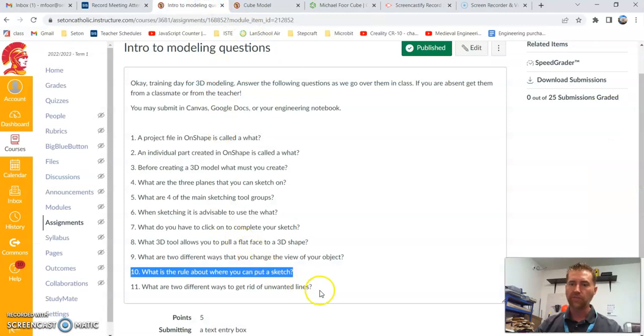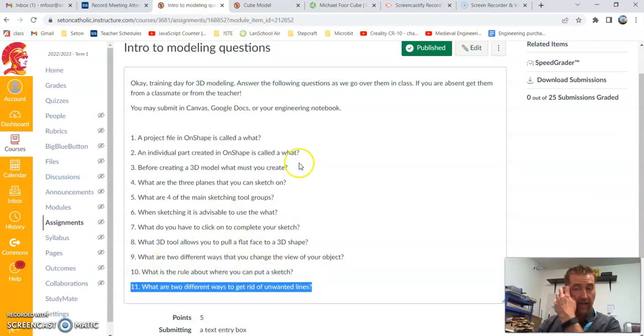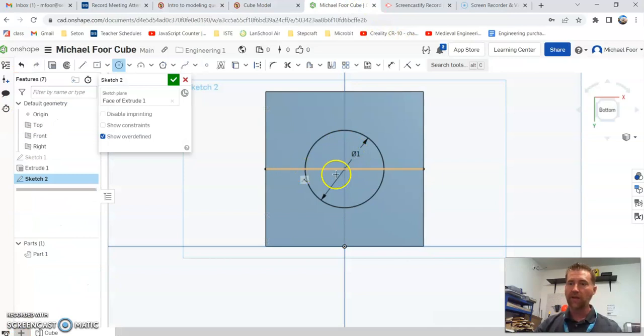That leads us to our last question, which is, what are 2 different ways to get rid of unwanted lines? So now we have these lines here that I don't want, right? I just want the circle. I don't want this line cutting it in half. So there are 2 ways. Here they are. First thing I need to do, though, is hit escape, so my circle tool is no longer